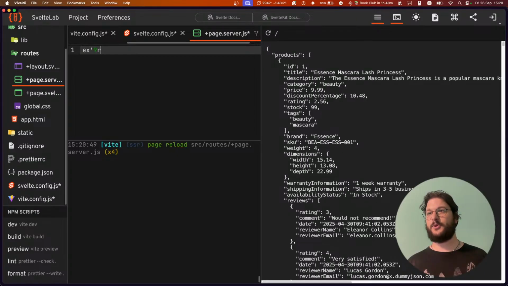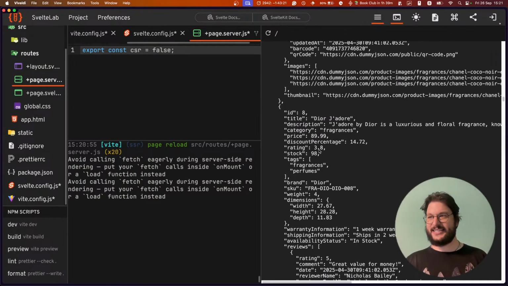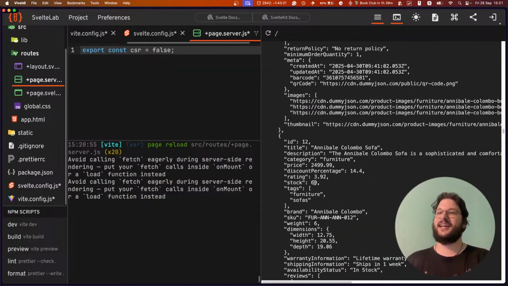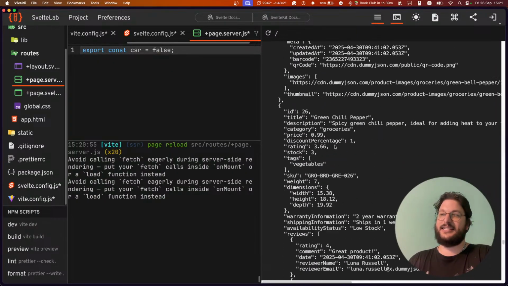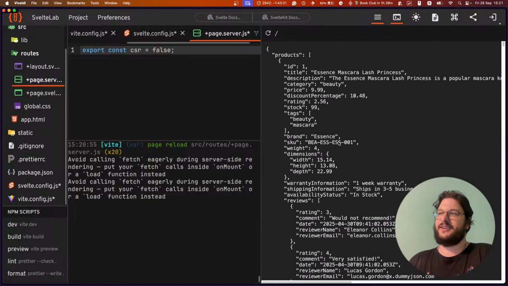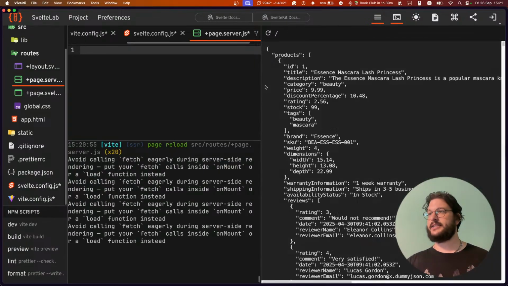I can do export const client side routing is equal to false. So this does not have JavaScript, and yet it's still loading everything, and it's pretty fantastic. And this is particularly cool the moment you pair this with